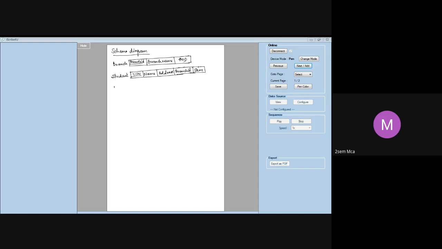Next is book. Book ID. Underline book ID because it is the primary key. Then we are given book name, author ID, then publisher, branch ID.